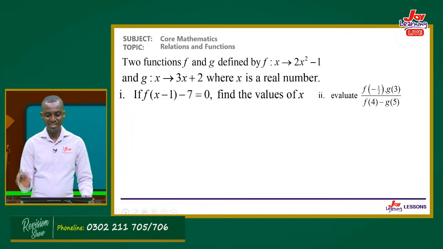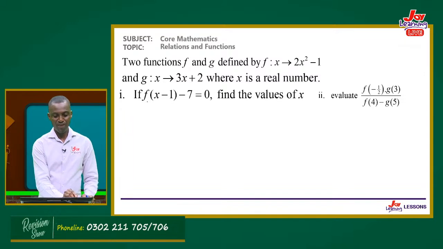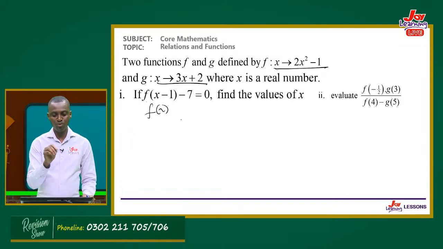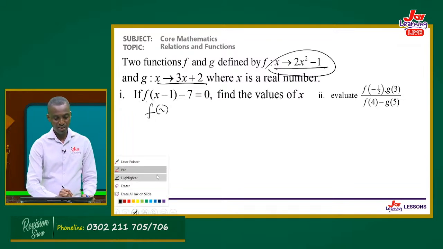If not, let's start unfolding the solution. So we have, if f of x minus 1 minus 7 is equal to 0, the question has already given us these two functions, right? And the first one says, let's find f of x minus 1. If they had said f of 2, we would have put 2 into the function. But now they said f of